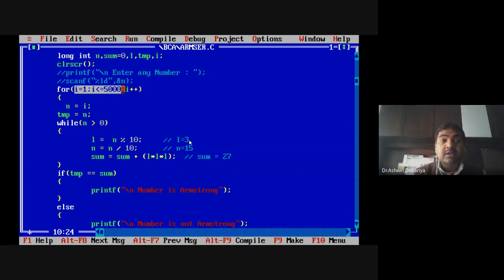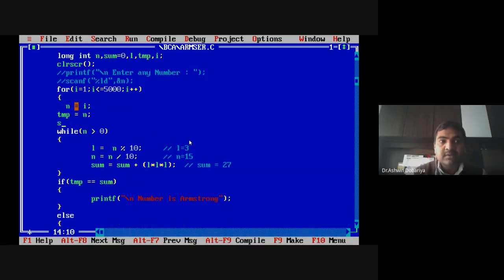So each and every time a new number comes, whenever i increments to 2, 3, 4, we have to make sum 0. I hope it makes sense to all of you. Sum is equal to 0 because we are taking 5,000 numbers. If we do not make sum equal to 0, it will add the previous sum, and then the result will not be correct. So sum is 0, then all these things happen.